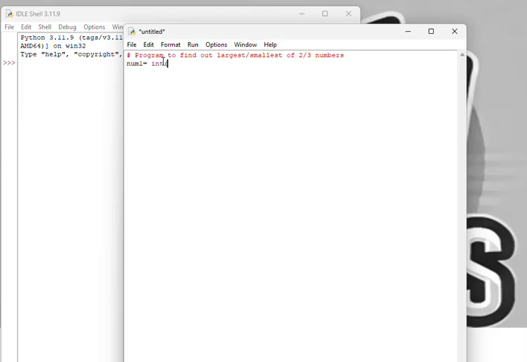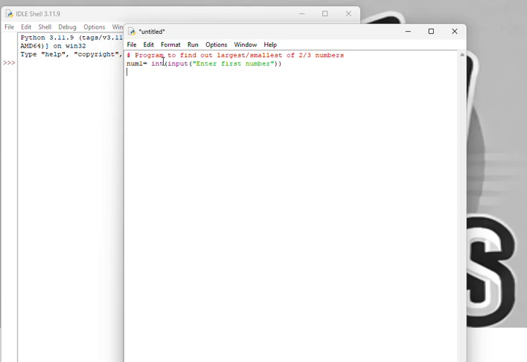We have already done a few programs. I think you know that we have to use num, then int, then input, and then the statement which you want to be displayed in the interactive mode, so that it will help you to enter the values. "Enter first number", close the brackets.